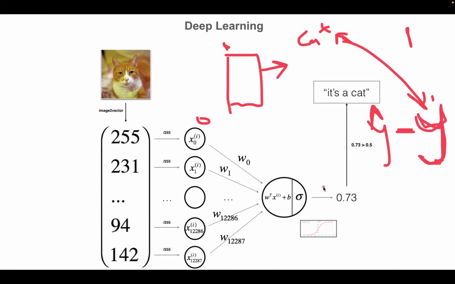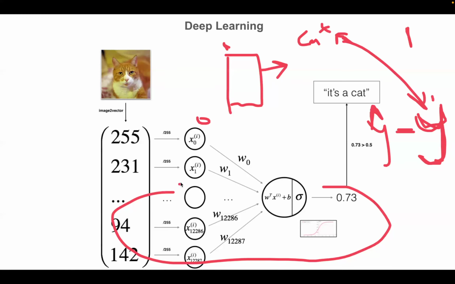We have to pass this thing, we have to get what we got here and pass it back. And then what we are going to do is play around with this W, this weight, and the bias until we get what is close to what we have here. So in this situation, what happens is